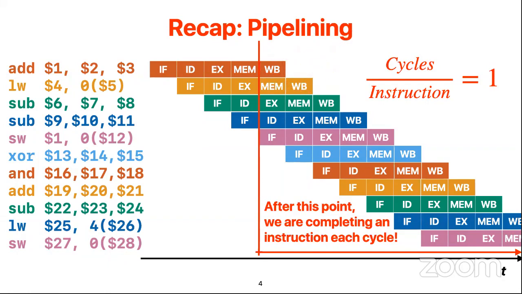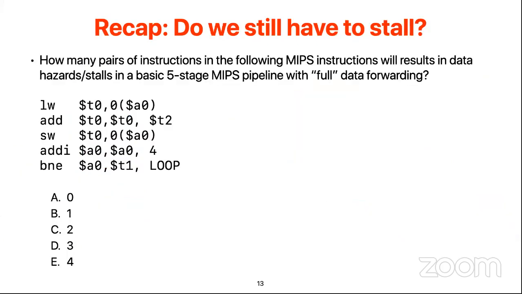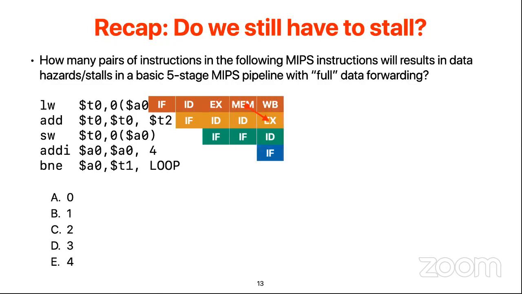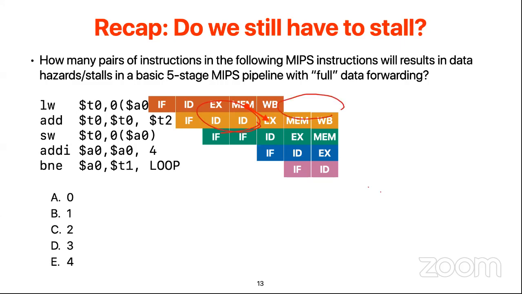But let's say we have this load instruction. If you look at the load instruction, the next instruction here needs to wait for another cycle. So you can say the average CPI of the load instruction is going to be 2 here, because you are only generating the outcome for every 2 instructions, if all of them are loads, back to back. And the same thing for branches, that you have to wait until the